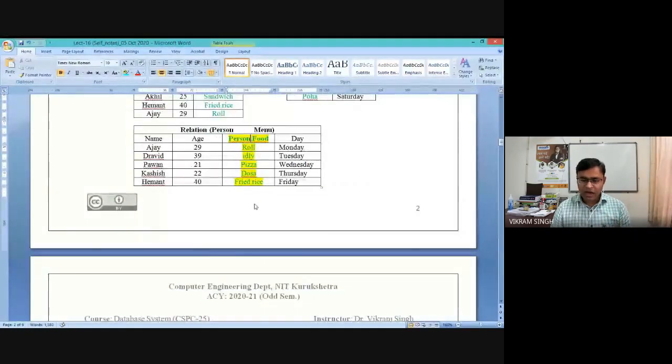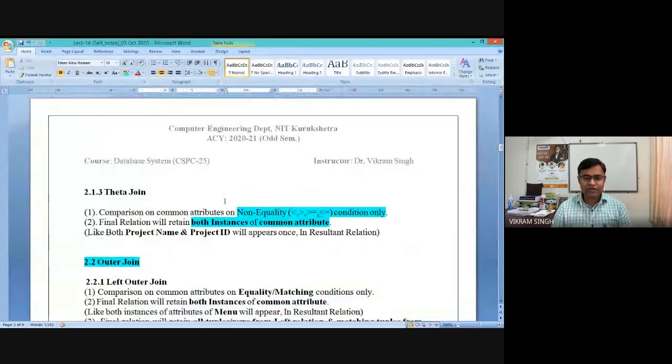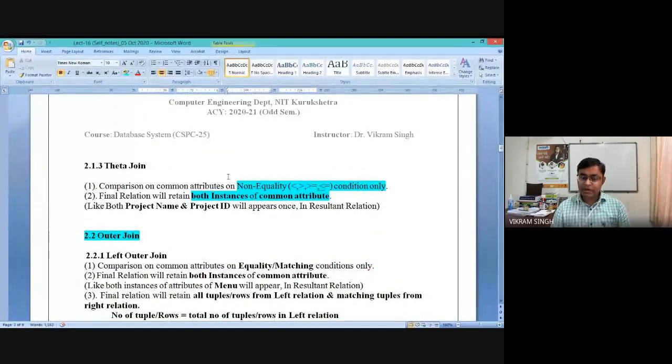That is something. Now there is the third type of inner join, which is simply, because till now we have discussed that we can perform the join between two database tables based on this equal to condition. Equal to means matching, exact matching, right? What about other than that, non-equal operators?